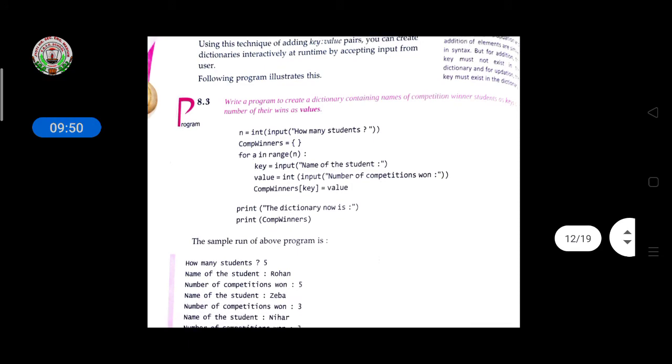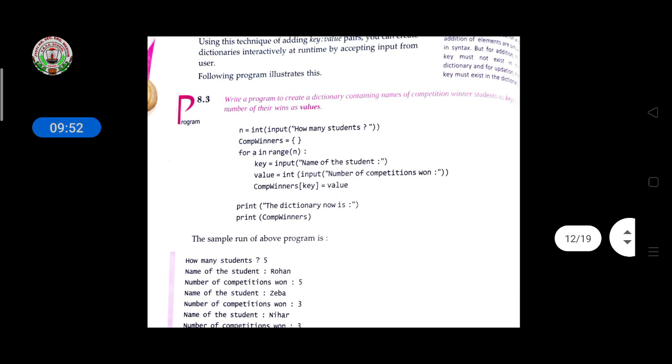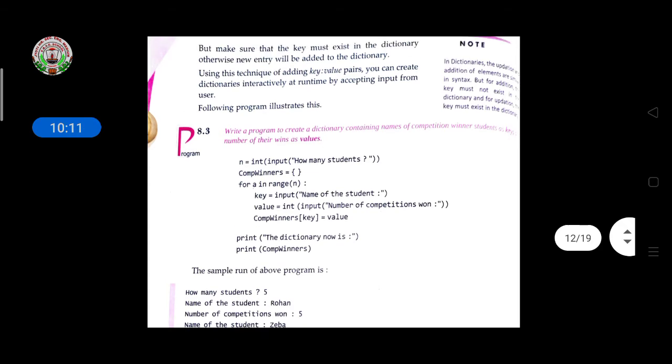This is the program for creating a dictionary containing competition winner students as keys and the number of their wins as values. Here the number n is the input, we are asking how many students there are. Then an empty dictionary, comp winner.